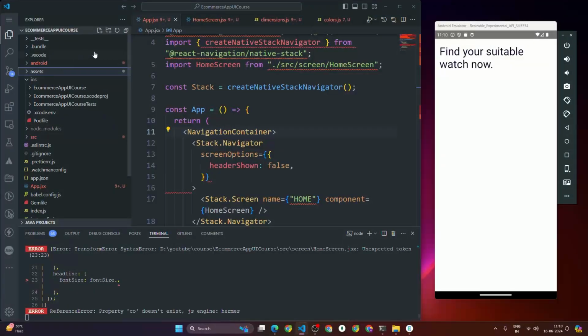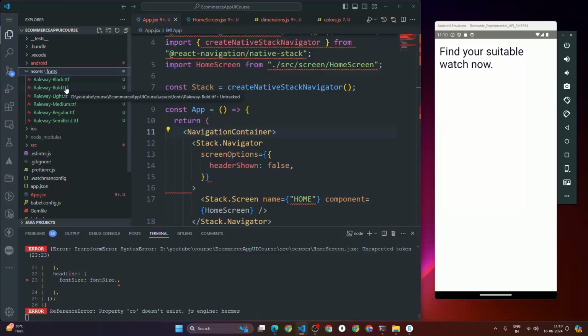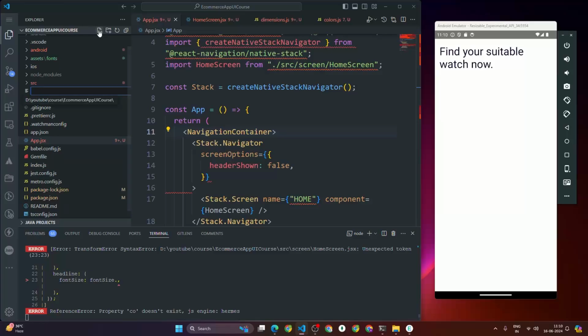Now you can see what we have done till now. Inside the project we have created one directory that is called assets, A-S-S-E-T-S. Inside that we have a fonts directory, and inside the fonts we have all the font family. Alright, now after that what we have to do is again click on App.jsx, click on new file and open the